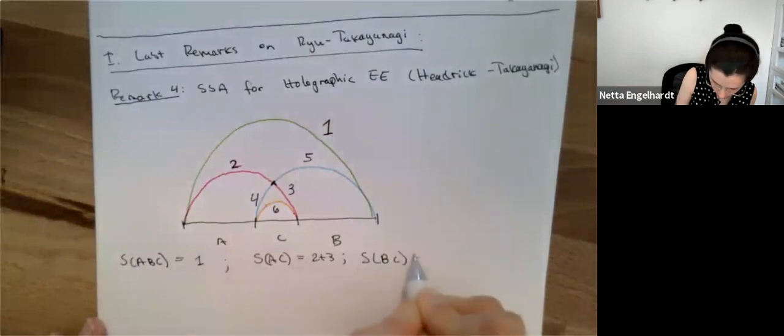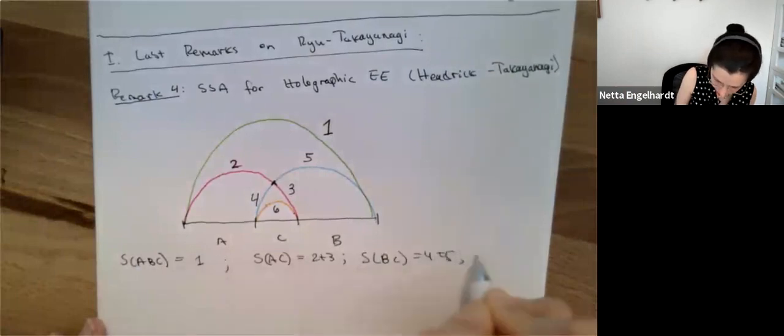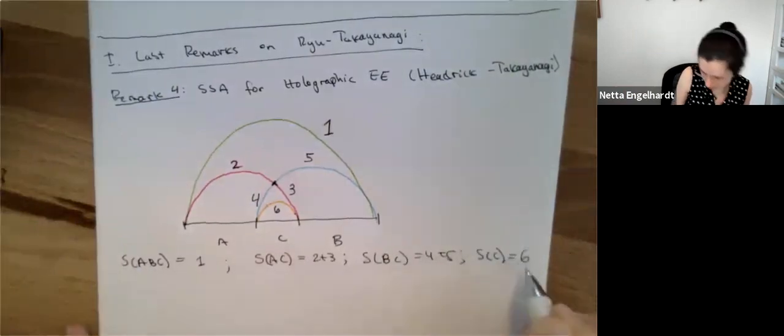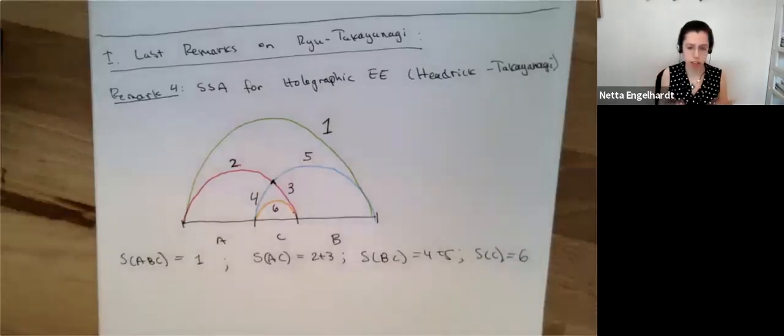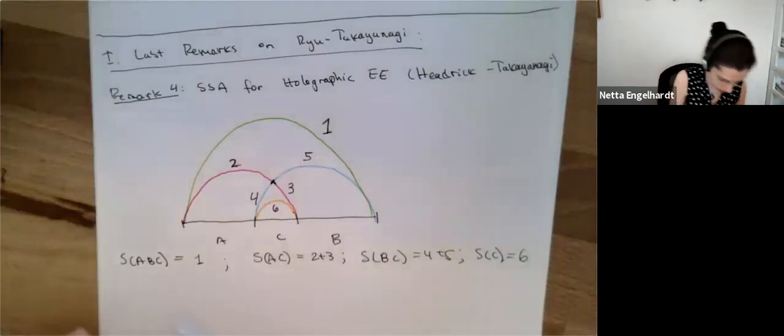S of BC is 4 plus 5, and S of C is just 6. And the crux of this argument, just like the last argument we gave, is to use the fact that the surface that actually computes the entropy is going to be the minimal one. So we know for a fact, so minimality